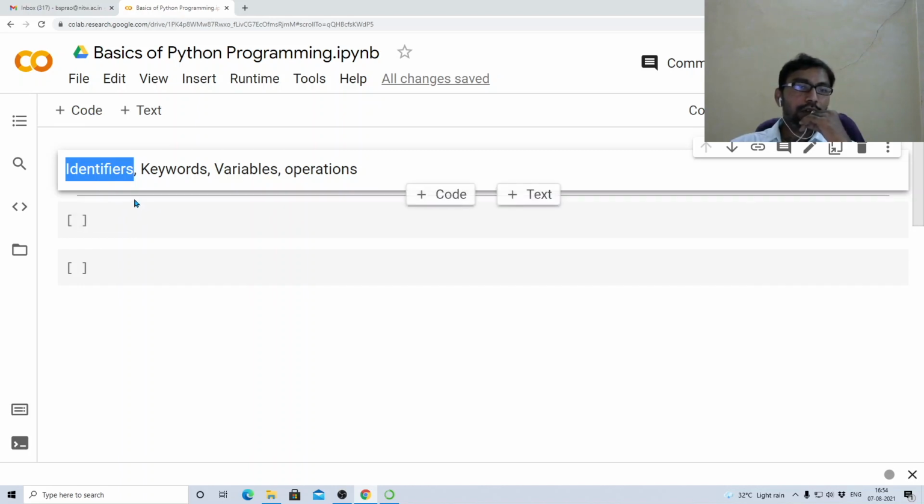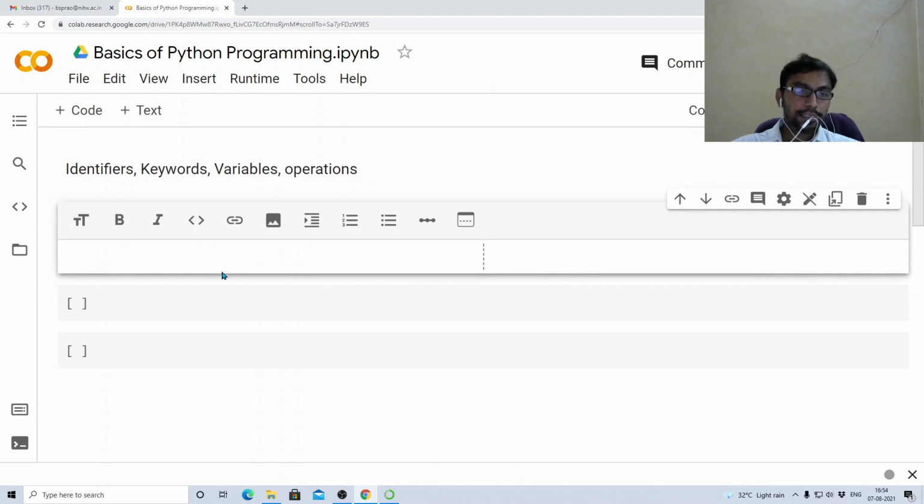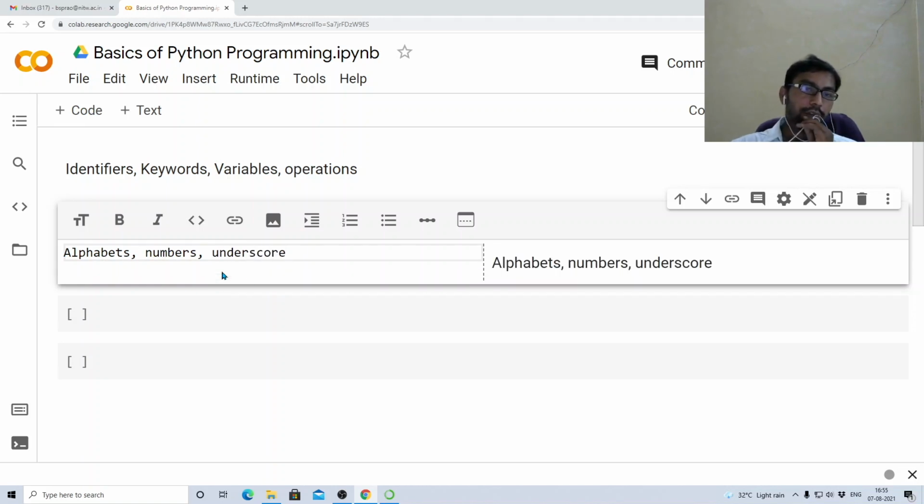So there are some rules to define an identifier. What are the rules? An identifier name in Python can include alphabets, numbers, and underscore. These are the only things that can be included. But is any combination of these alphabets, numbers and underscore fine?